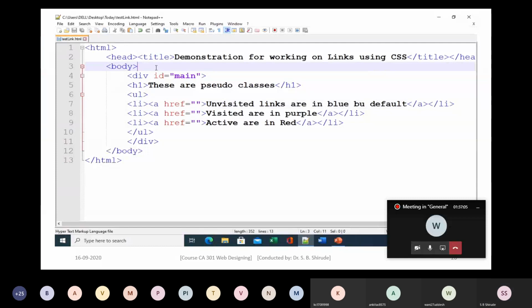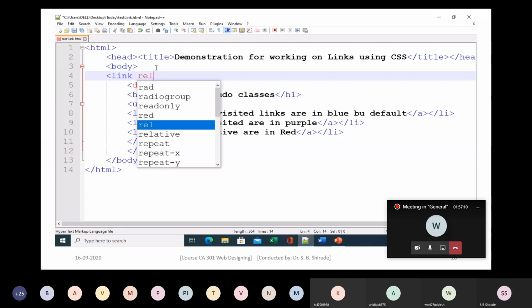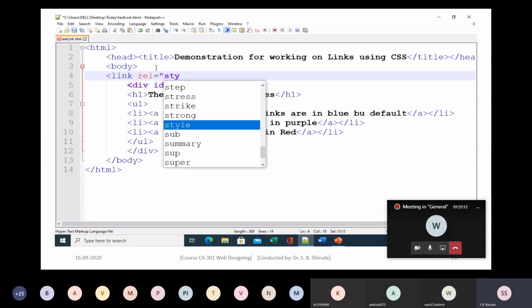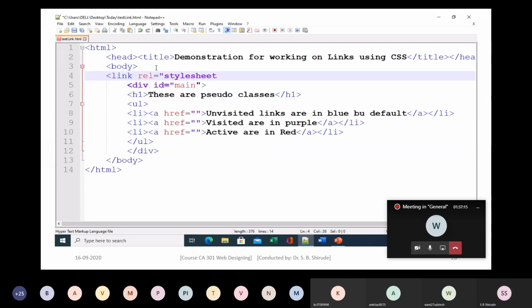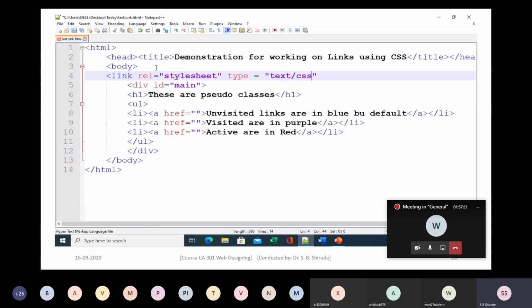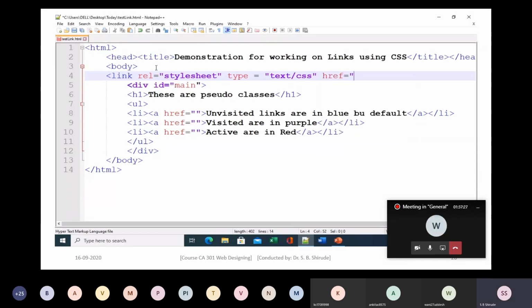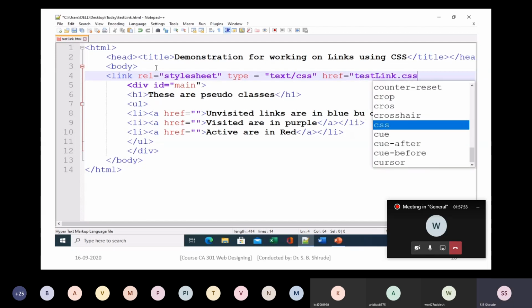Okay. Now here we will make use of the link element. So link rel is equal to stylesheet, type is equal to text/css. And then give here href is equal to the name of the CSS file, test link.css.